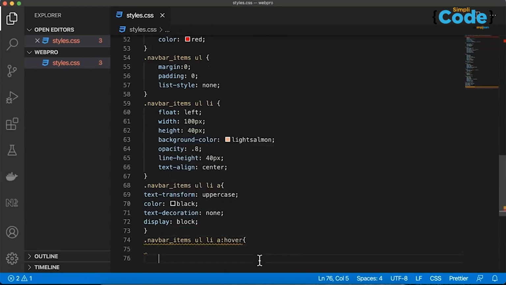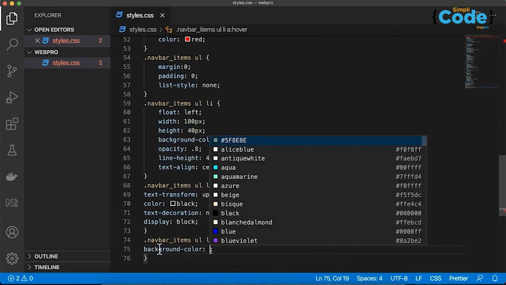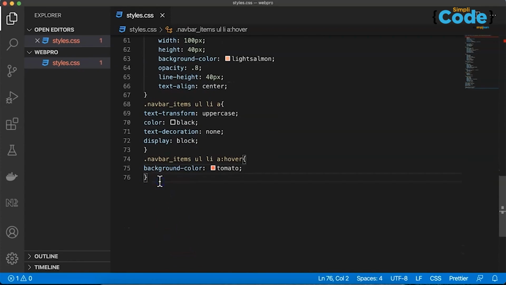So what property are you expecting for this? Here in my hover property I can say background color, and I can use tomato. Well, after this, in the same navbar items I also want to have, after the anchor tag, what should happen. I want to utilize this condition because I want to offer some animation behavior over there. So what animations do I need to offer under this navigation items